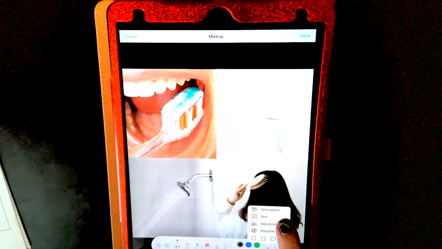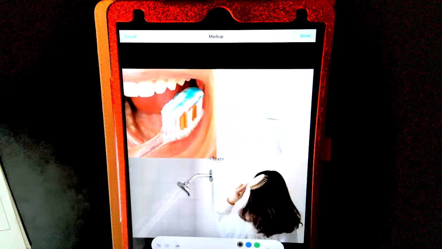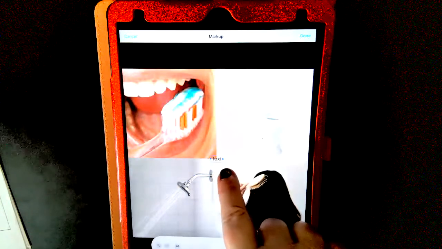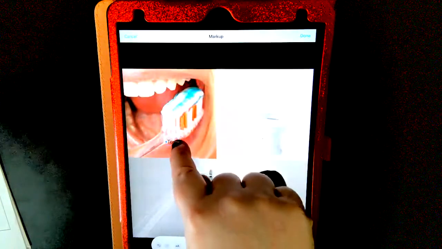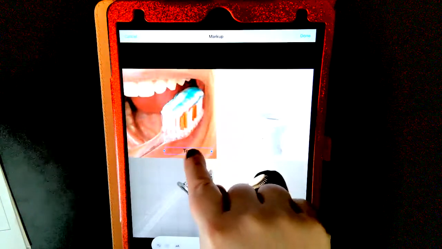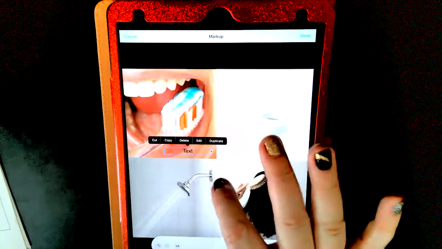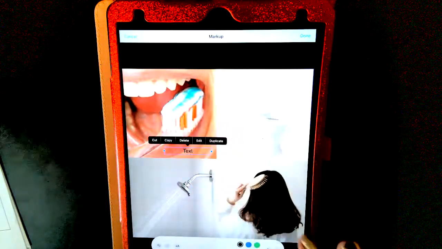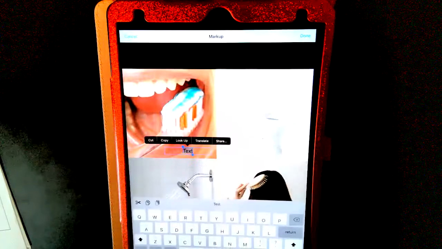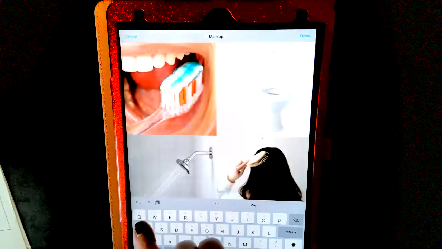Down here I can add a description, I can add text, signature, magnifier. I'm actually going to add some text here. So notice I have a little text box that pops up here. I can move that over, I can make this a little bigger. And maybe for my text, I'm going to click in there. Okay, and then I'm going to edit it. So then I'm going to put in